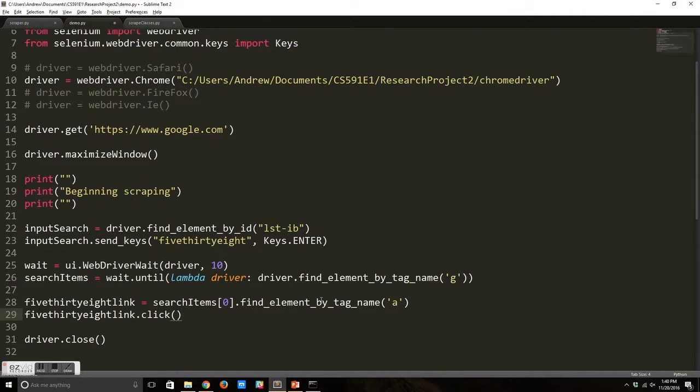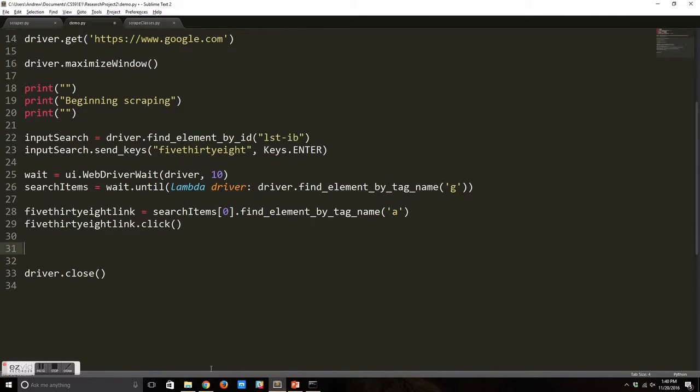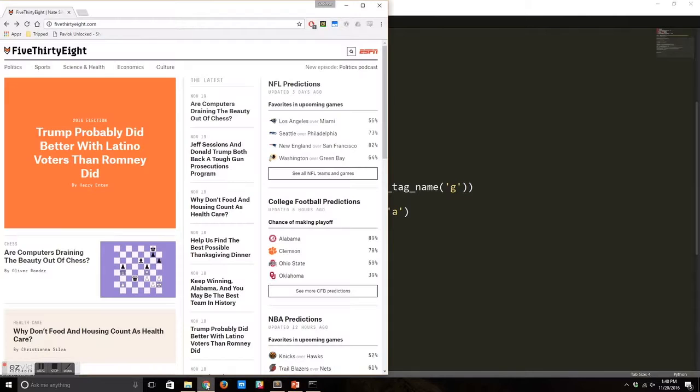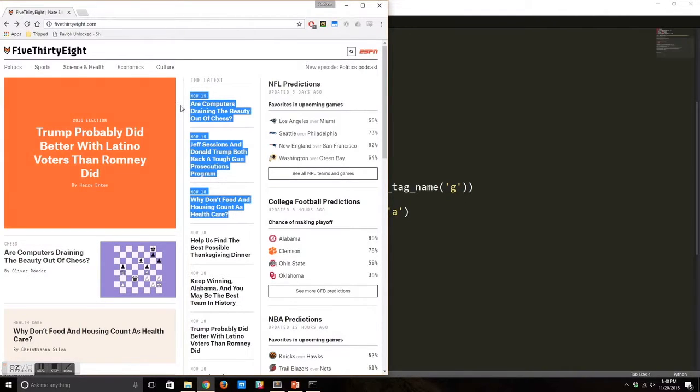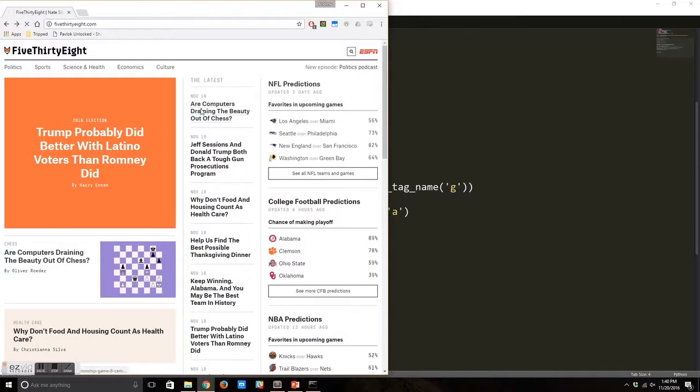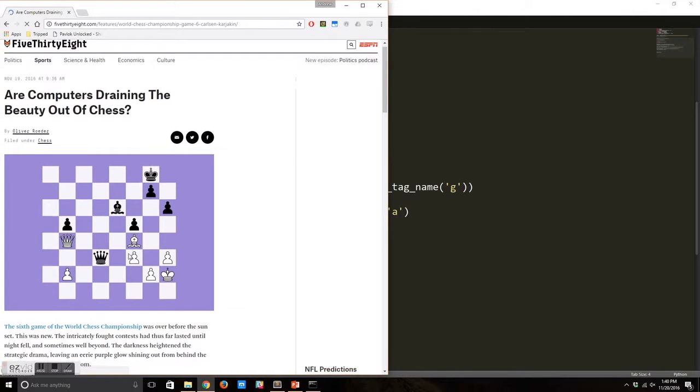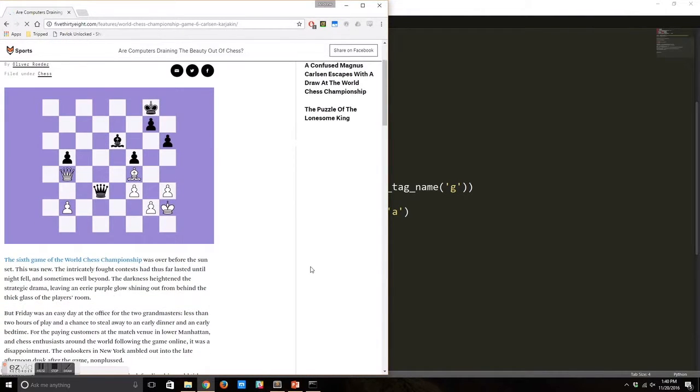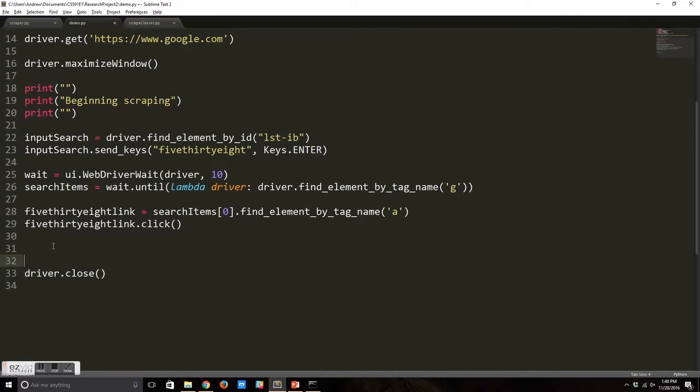Now, before we progress, it could be useful to see what we're actually scraping. So this is the 538 website. We're going to go ahead and get all these latest articles here, and we're going to press the first one, get its content, and print that to the terminal. So the first thing we're going to have to do is get a list